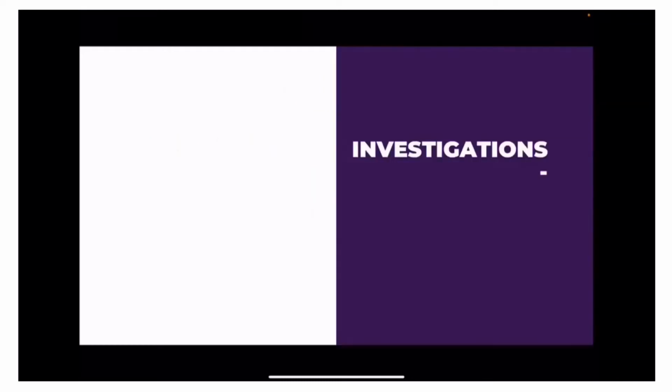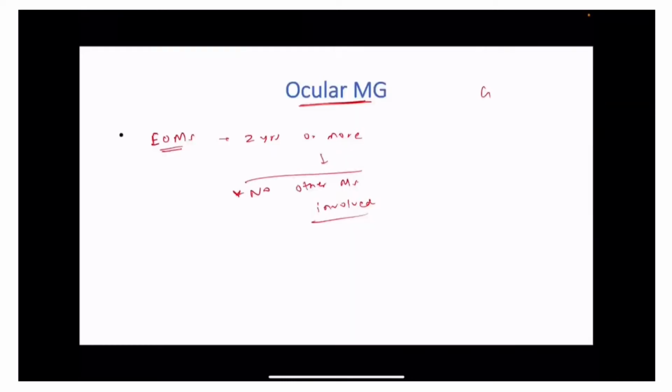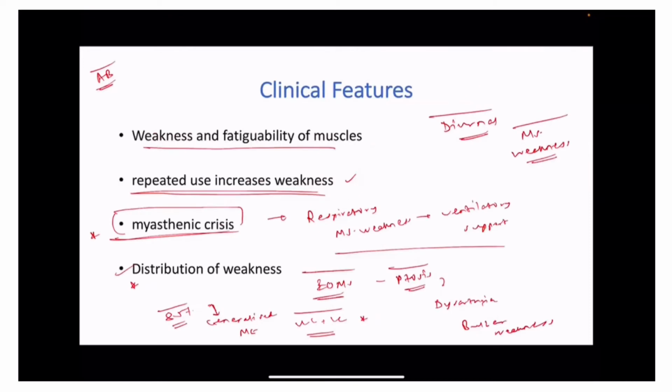So we read about ocular myasthenia gravis, we read about generalized myasthenia gravis, wherein in 85% of the cases, after developing ptosis, bulbar weakness, tongue muscle weakness, because of which the patient has dysarthria, palatal weakness, and after that they develop weakness of upper limbs and lower limbs, and the weakness becomes generalized. That is generalized myasthenia gravis. We discussed the clinical features: repeated use of the muscles, and diurnal variation of weakness, that towards the end of the day, more and more weakness happens.